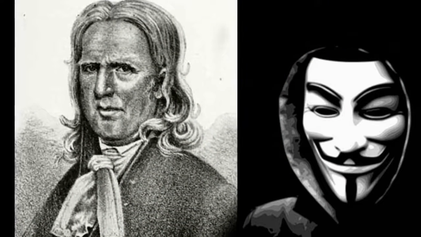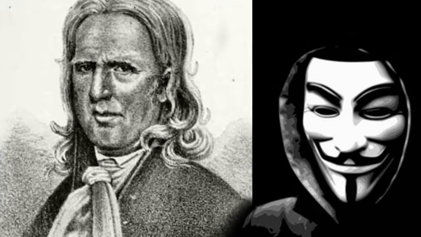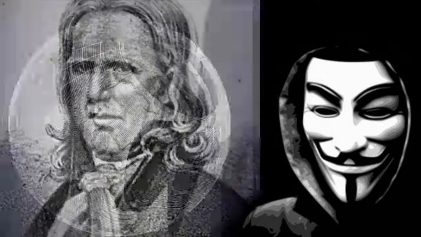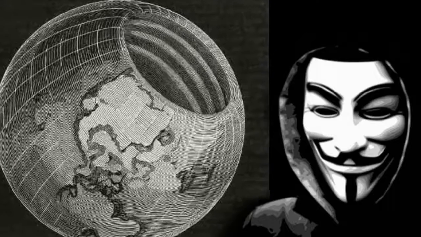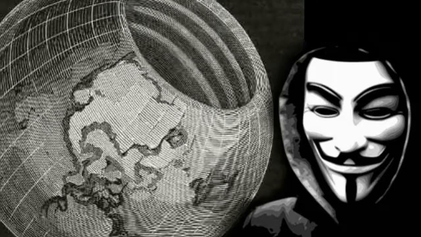John Cleves Symmes was a former captain in the United States Army, war hero, philosopher, and hollow Earth researcher. He believed the Earth was hollow and habitable within. He was ready to dedicate his life to proving his theory, and attempted to search for the openings and explore the hollow Earth. In the spring of 1818, Symmes sent a proposition to cities across the United States which stated, quote,